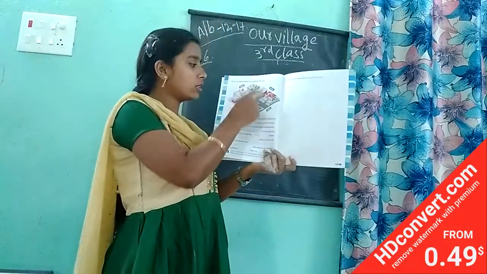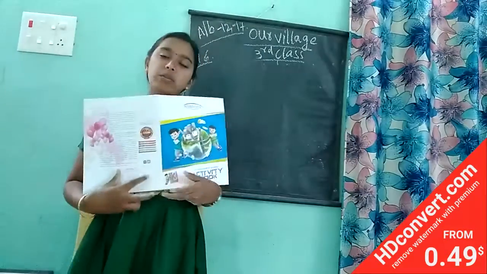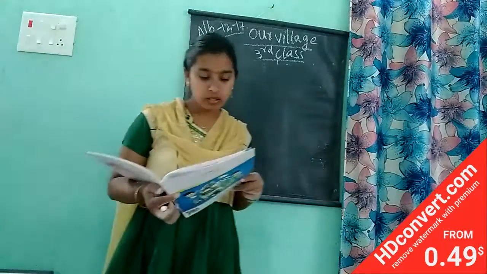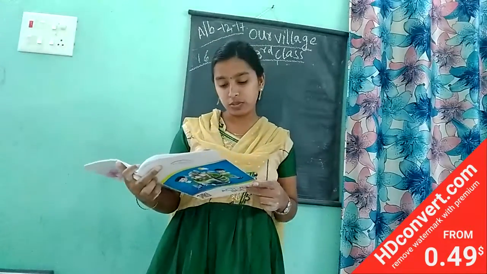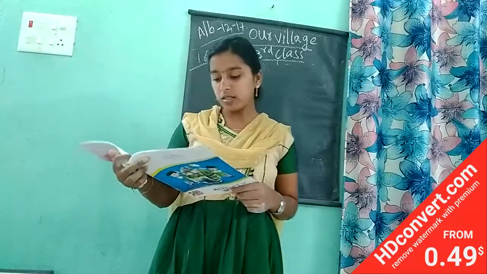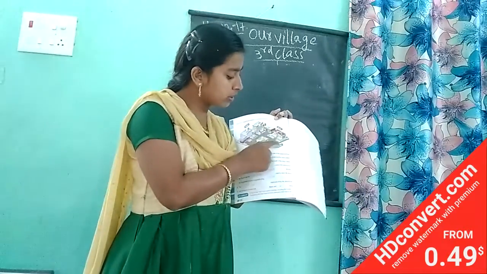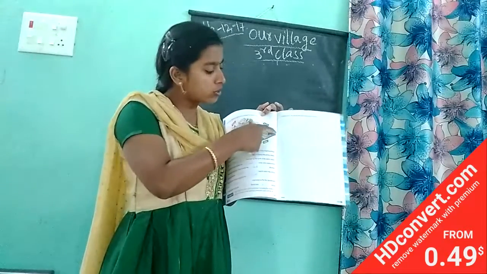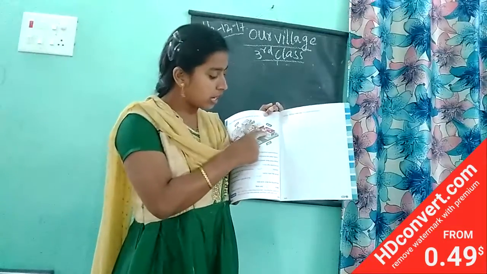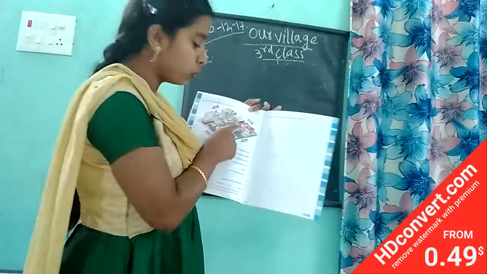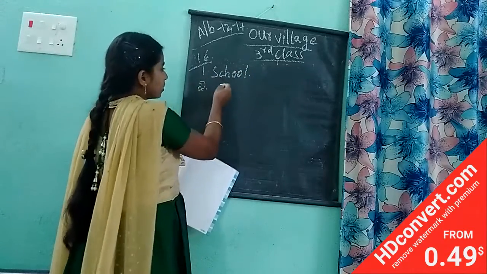Okay, children. So by looking at all this neighborhood, we have to complete all these sentences. It will be very easy for us, only by looking and writing, no? Already we know the directions, and how to write the directions we have also learned. See the first question. The dash is located on the northeast corner of the neighborhood. See children, this is the north and this is the east. So, northeast corner, which building is there in the northeast corner? This is the school building. So the first one is the school. The school is in the northeast corner.